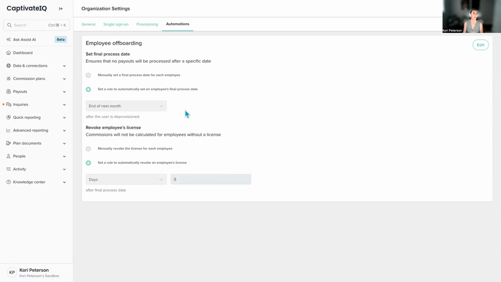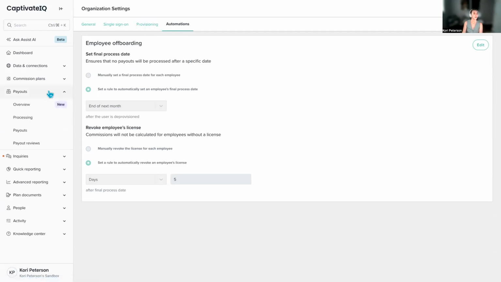So if maybe you process payouts on a month lag, then you can state that you want to wait to have that final process date and the deactivation happen until a month after we technically recognize them as inactive. So just some great settings to utilize there. If you want more, again, that step-by-step guide is available right within the app.